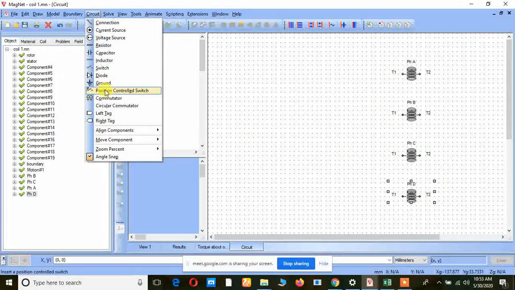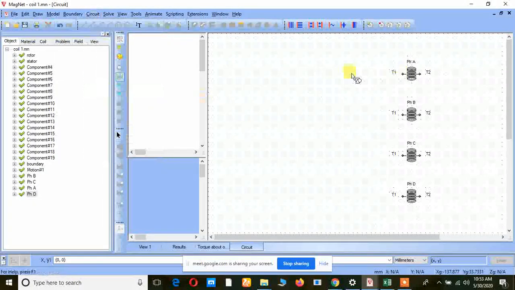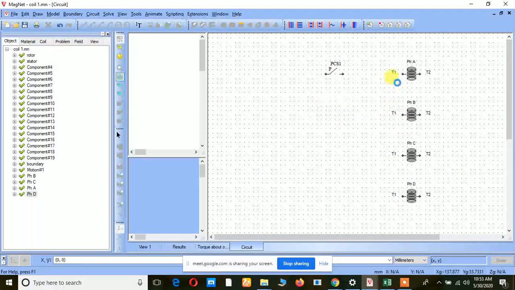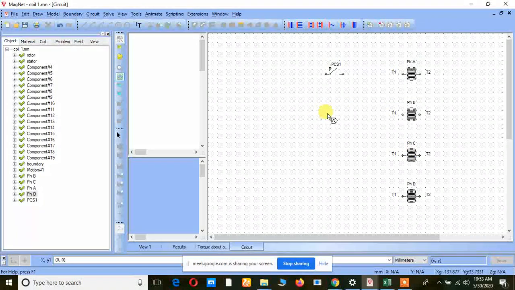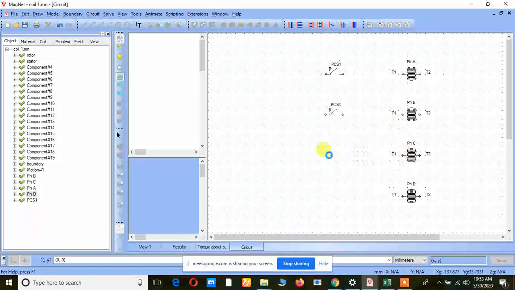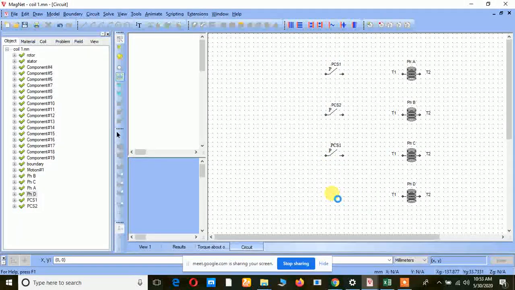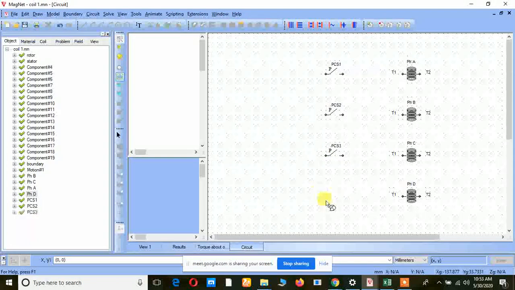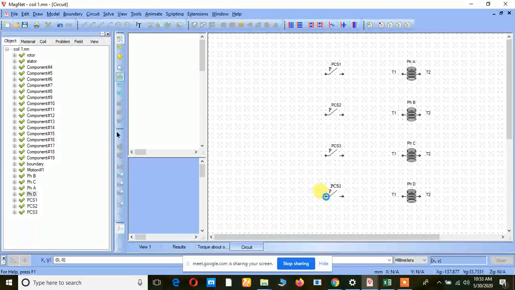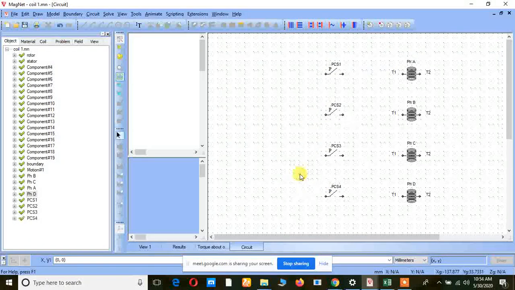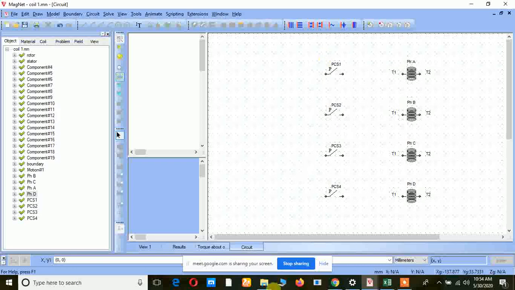Just click this one and place it near, right? Again, how many number of phases? Depending upon our converter circuit design, just place the position control switch. Just click one time, that's all. Wherever you need, select the dot. In the dot, just click once, so the switch will be placed. After placing the required number of switches, just right click. Then we can go for the next selection.